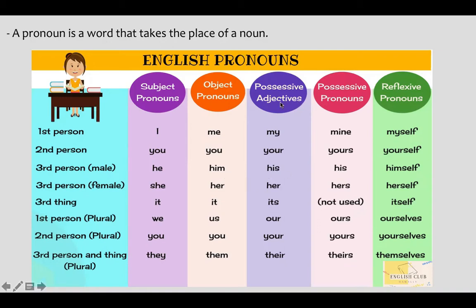Here, for both of these, we use the same pronoun, which makes our life easier. We use his for both of them. So, if I want to describe something that this guy owns, I would say, let's say, his book is new. Okay? So I'm describing the book that he owns. And then if I want to just say that he owns the book, I would say this book is his. Okay. Himself. He hurt himself, something that he did to himself.